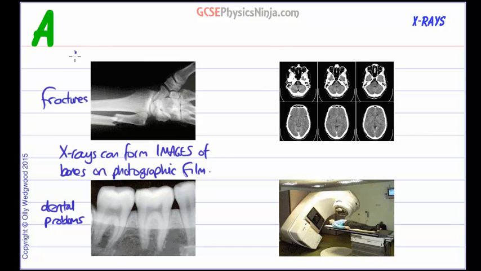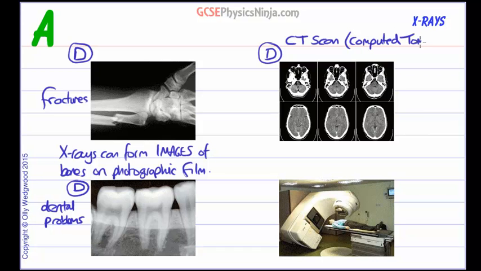So I'm going to put a D for diagnosis here. So there's D, diagnosis, and here's another D for diagnosis. And here's another D for diagnosis, which is called a CT scan. A CT scan, which is short for computed tomography. Computed tomography scan. What does that mean? Well, computed means that we need computers to process the images that are created by using X-rays, and tomography means